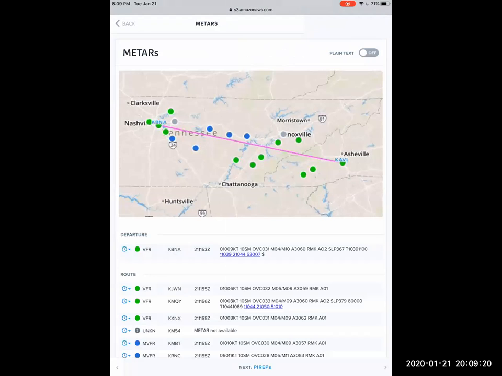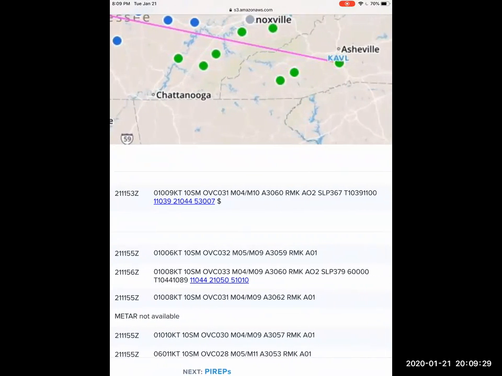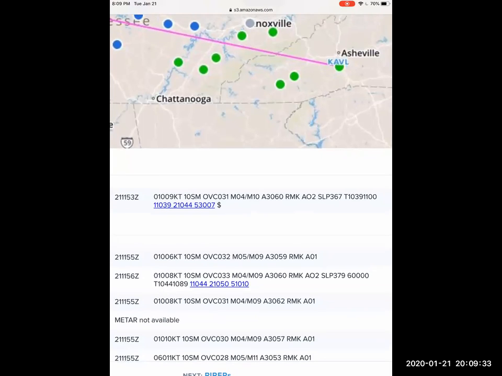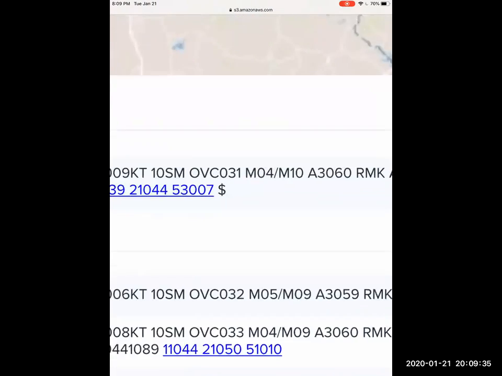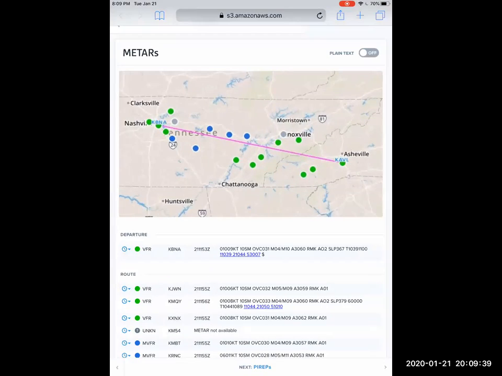Sure enough, already from our get-go confirmation of our concerns, we can see at our departure, VFR conditions prevail. But we still have a bit of a concern with the fact that even though it's VFR, we still have an overcast layer at 3,100 feet. Now, going out to the practice area, that wouldn't be that big of a deal, but we've got to cross